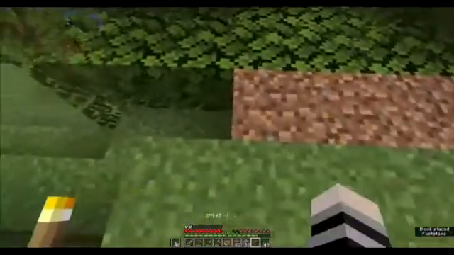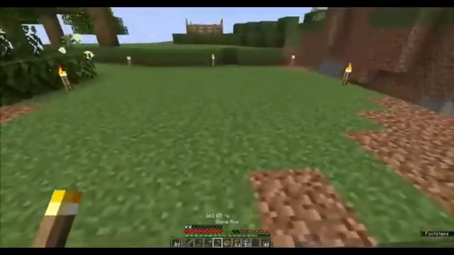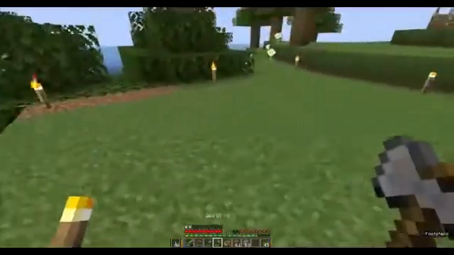2, 3, 4, 5. Okay. And then the last torch goes there. So what that basically does is sets up the farm so that pretty much all of the farm blocks have